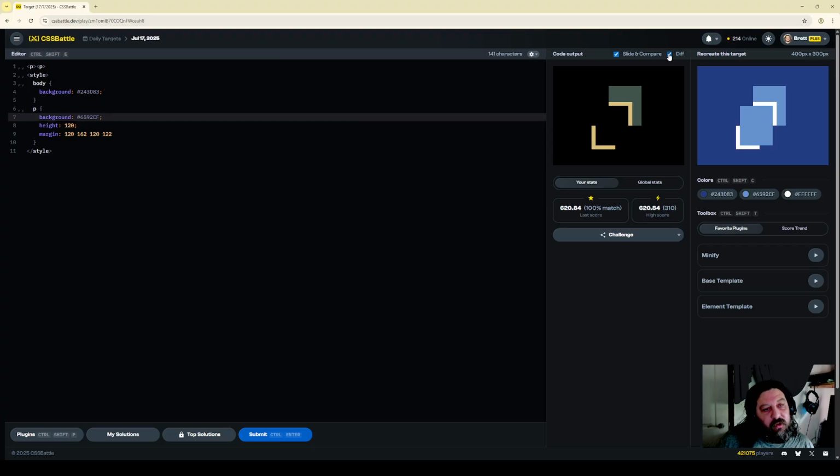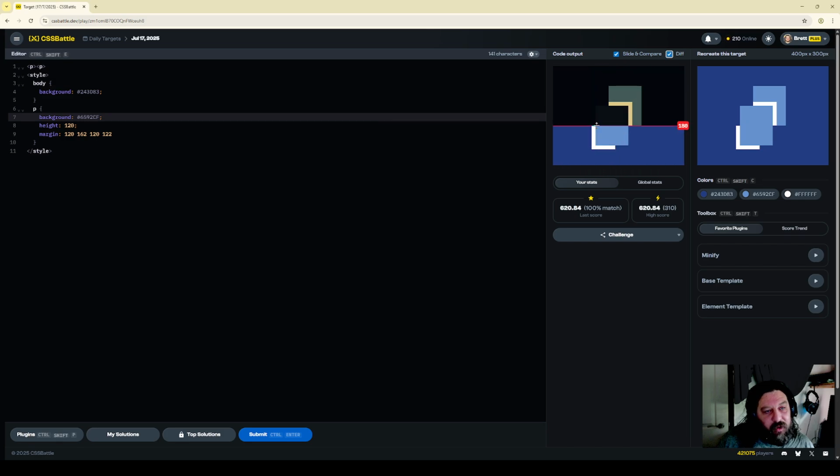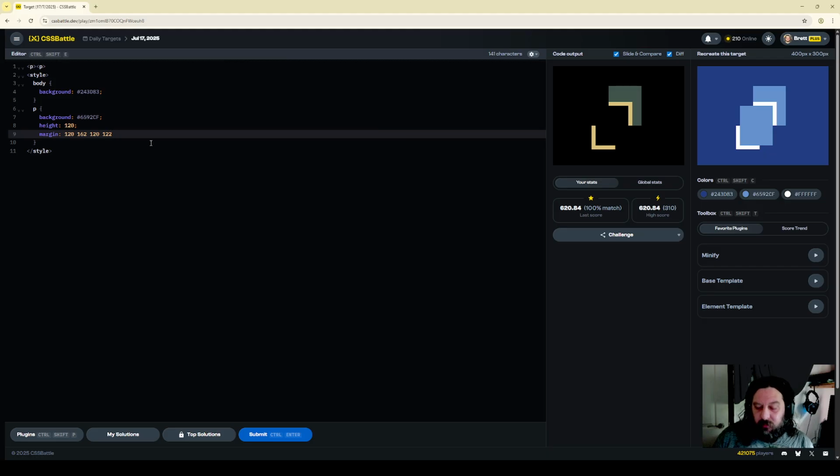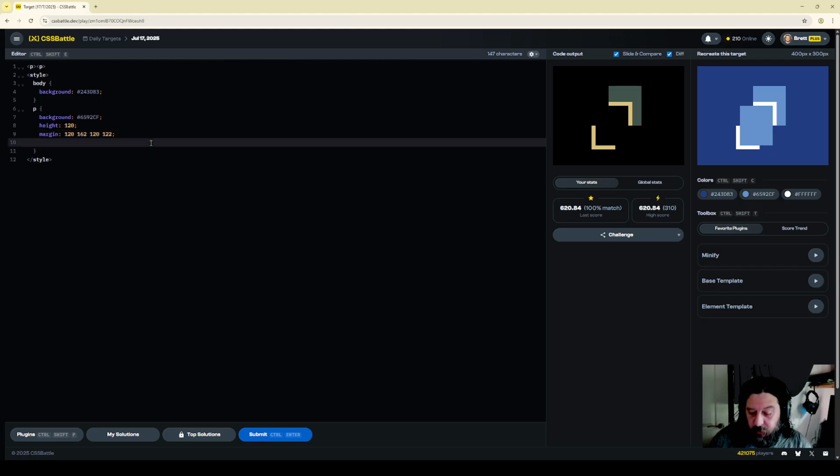Now what we could potentially do, because I think that's going to be half and half. But it's not. Oh, this is the bit that's annoying. Because otherwise you could use a conic gradient and make it. So the white is going to be the problem, because we can easily get the other blue with a box shadow